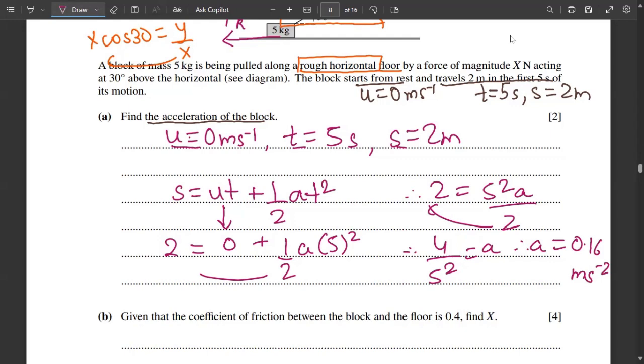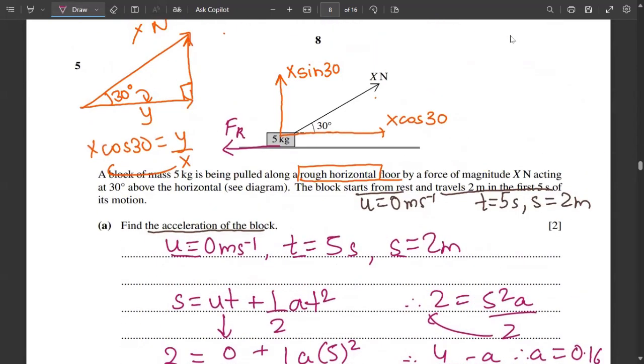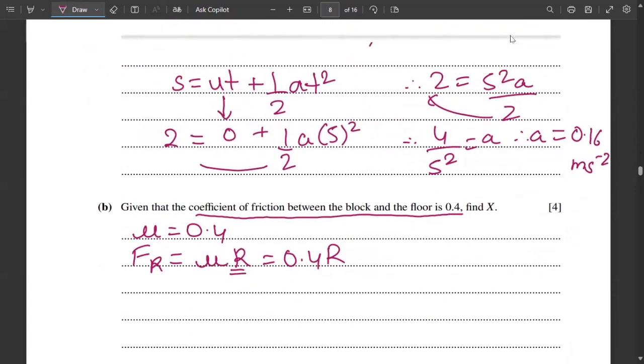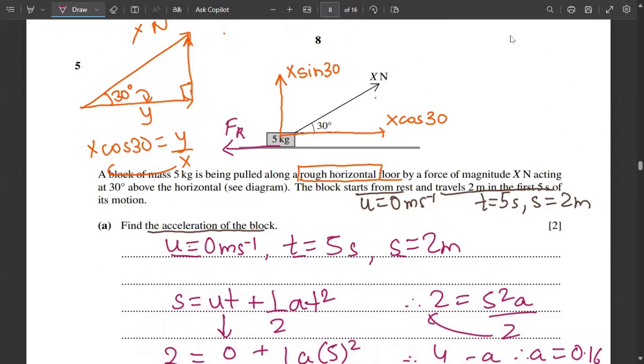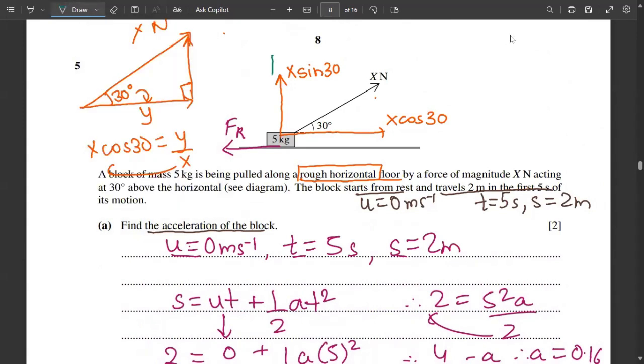Let's move to the next question. Given that the coefficient of friction between the block and the floor is 0.4, find X. So what is this FR? FR is nothing but mu R, which is 0.4 R. So now we'll have to find what R is. In order to find out what R is, we all know that this will be R, and